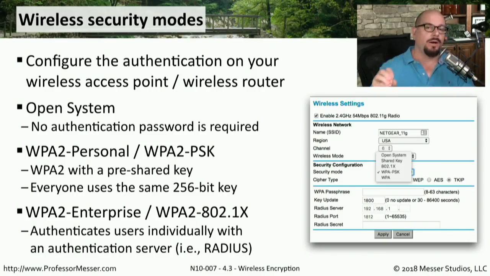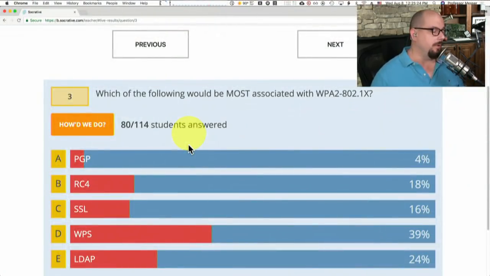But we need to configure our wireless access point not only to use this methodology where you're using this very known username and password for you, but there has to be some way to do a check on that. When you log into the wireless network and you provide your first initial, last name, and then your password, how do you check to see if that's right? Well, that's where the 802.1x comes in, because it needs to check against an authentication server. And this authentication server could be running RADIUS, it could be running TACACS+, or it could be running LDAP. So those are very common authentication methods. Those of you that answered LDAP, that is what would be most associated with